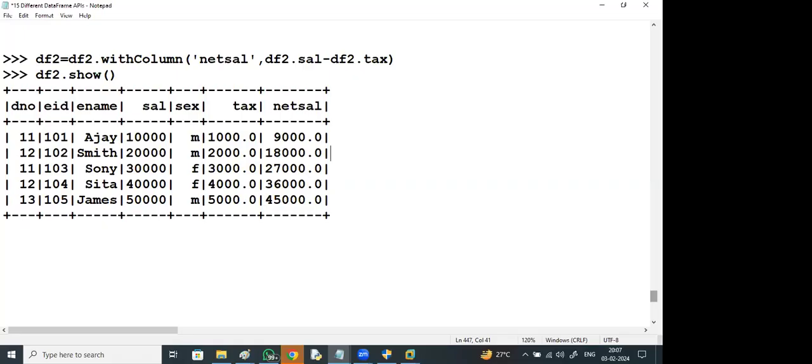This data frame can be converted into a table, right? Into temp table we will convert. On that you can perform pure SQL statements. Do we have to connect to the database for that? No, data frame to temp table, and on the temp table you can perform querying. No need to connect to the database there.